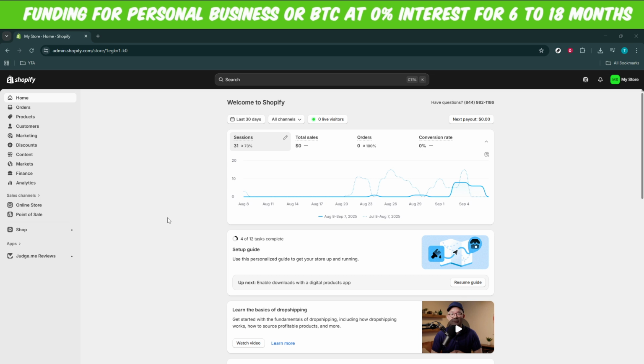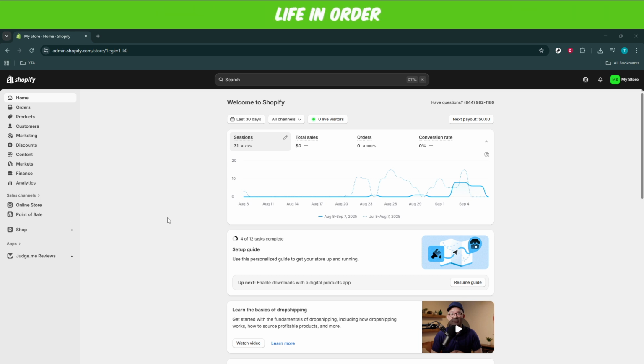Let's start by navigating to your Shopify admin dashboard, which you can access through your store URL and login. Once you're on the home page of your Shopify admin, look towards the bottom of the left side panel for the Settings option. Clicking on this will open a new page filled with various settings you can adjust to tailor